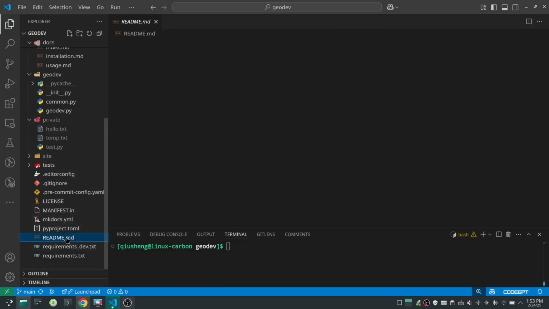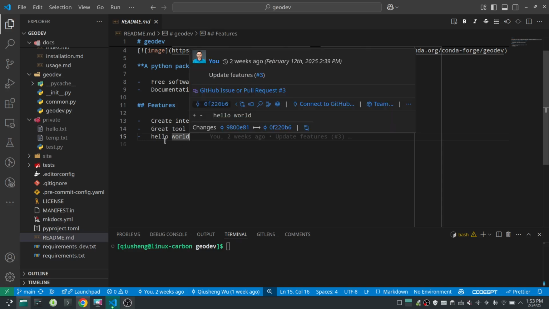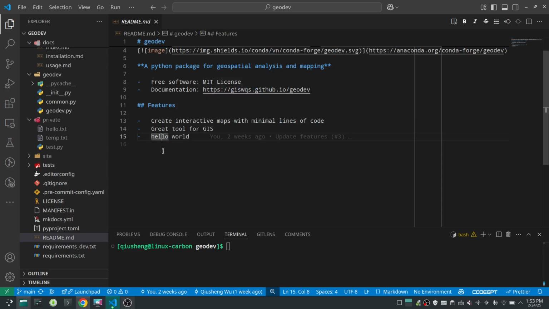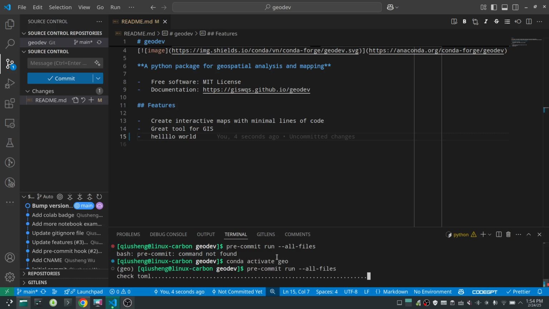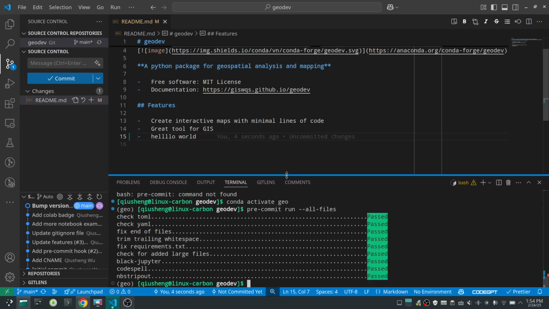If I make changes, for example, to my readme.md, somewhere here, right? I can say it's hello, something like this. If you make any changes, you will push to GitHub directly. There's certainly a typo in there. And the pre-commit, we identified it, but it's too late because you already pushed. So what you can do is run pre-commit run all files on my computer. Oops, on that activate. And then if I run this one, usually it should be able to find it out. If it doesn't, that means